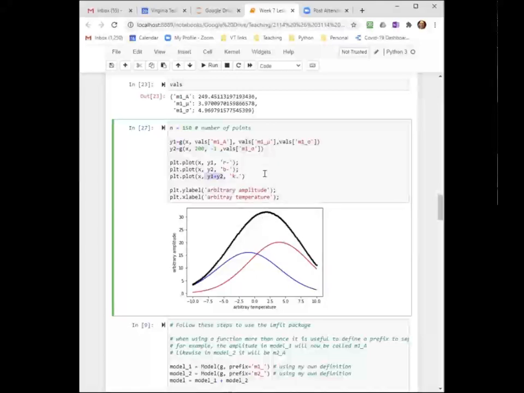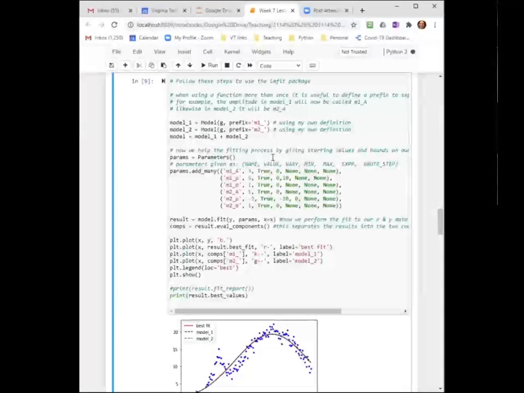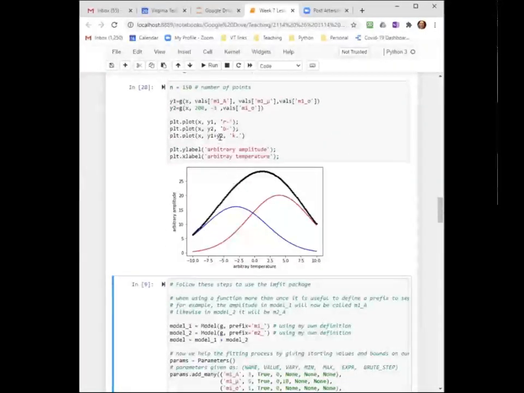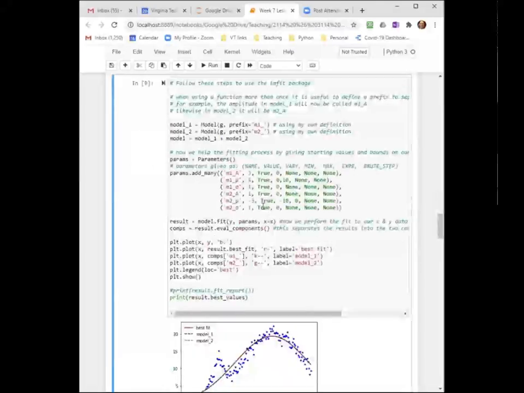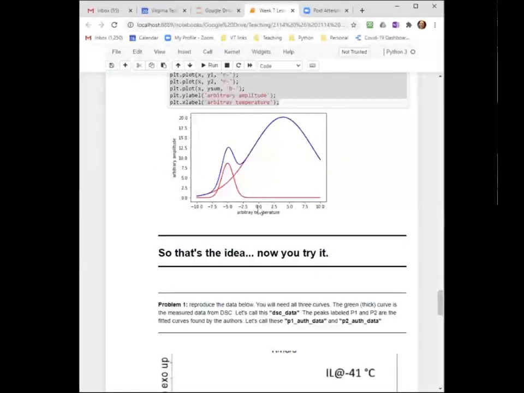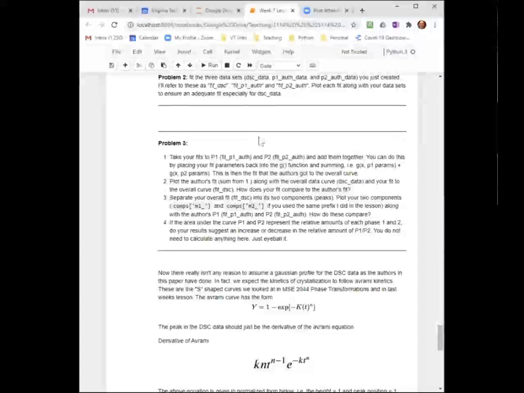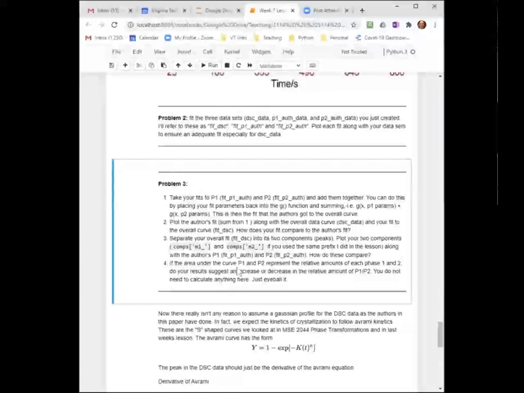Does that make sense? Yes, I think so. In fact, if I keep moving this one over, eventually I should get a nice little peak popping out here. But that's what it's asking. So in your case,